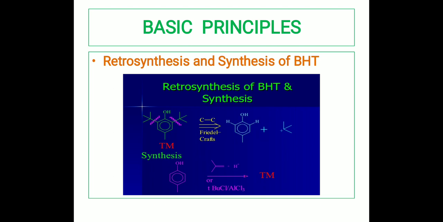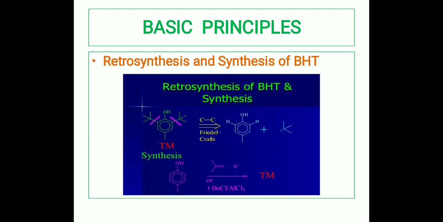Now next we are going to write down the synthons and the synthetic equivalents. You can always write down the synthetic equivalents directly without writing the synthon also. This method you can adopt whenever you're writing these kinds of problems in your examination. But for a better understanding, you can also write the synthon, then write the synthetic equivalent, and then go ahead with the further analysis and the subsequent synthesis. So the choice is yours. You can directly write down the synthetic equivalents if you wish to, or else you can write down the synthons and then the synthetic equivalents and move ahead.